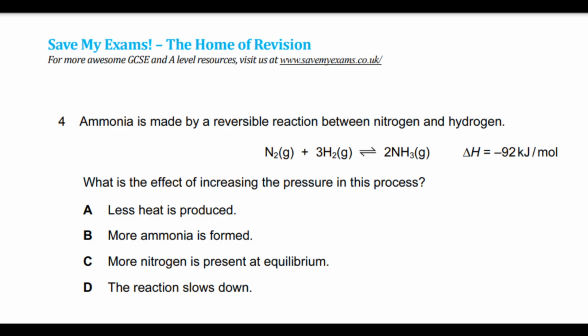Let's read the options. What is the effect of increasing pressure in this reaction? In the reaction, we have nitrogen, which is a gas, and hydrogen, which is a gas. The effect of pressure on gaseous reactants is considered, but pressure does not affect reactants which are solid or liquid. So here it is definitely going to affect. How it affects, let's first understand the equation. 1 mole of nitrogen reacts with 3 moles of hydrogen, that means 4 moles of reactants are converting into 2 moles of product, because there are 2 moles of ammonia gas. So 4 moles are converting to 2 moles.